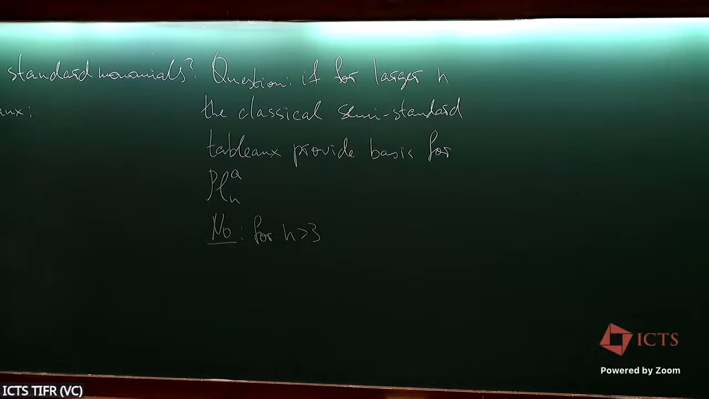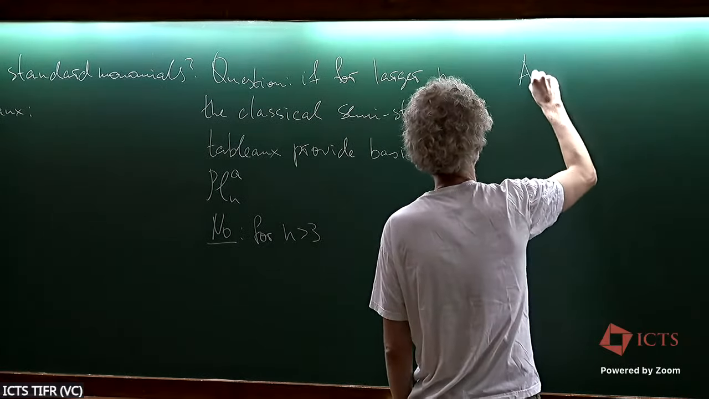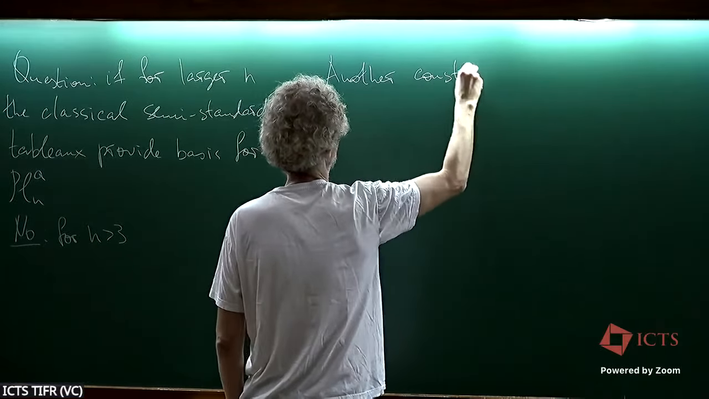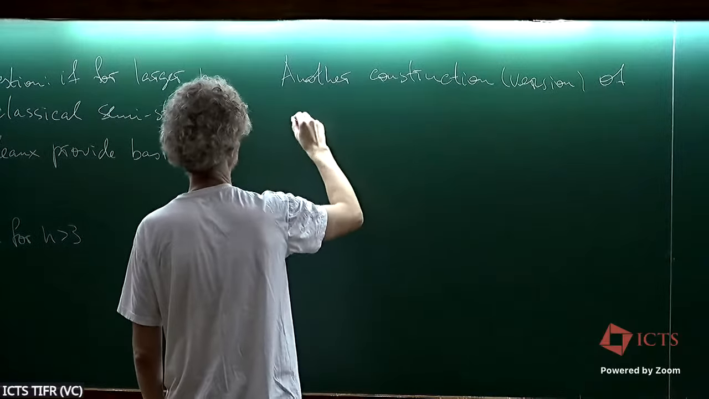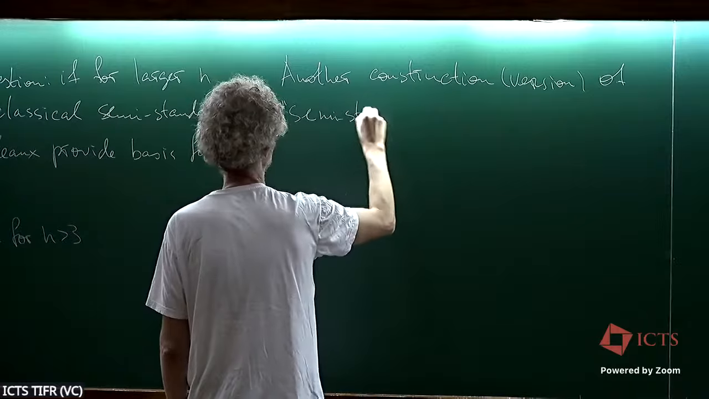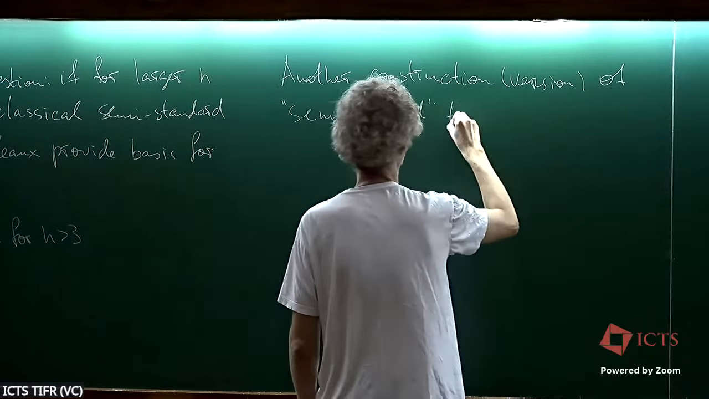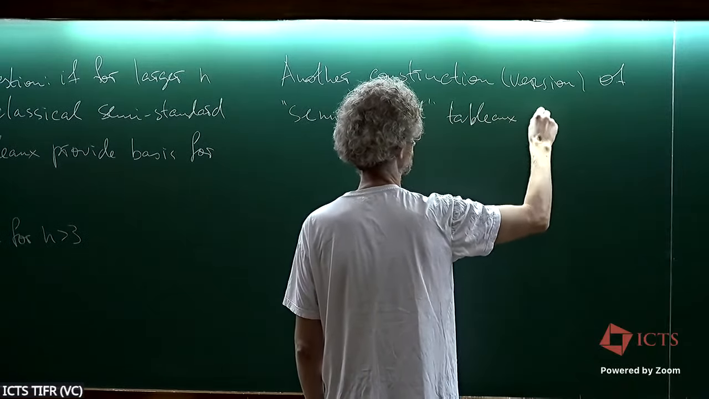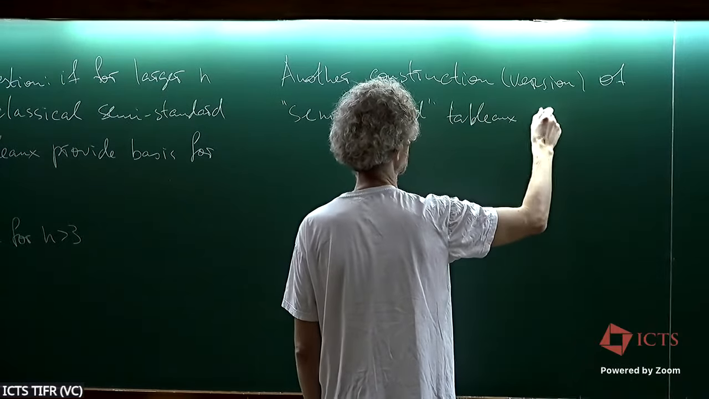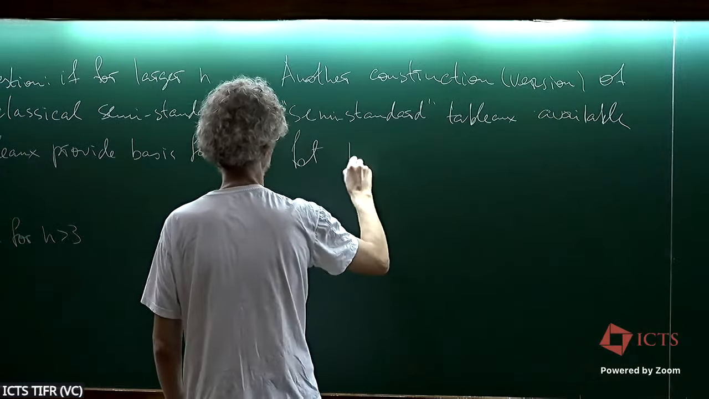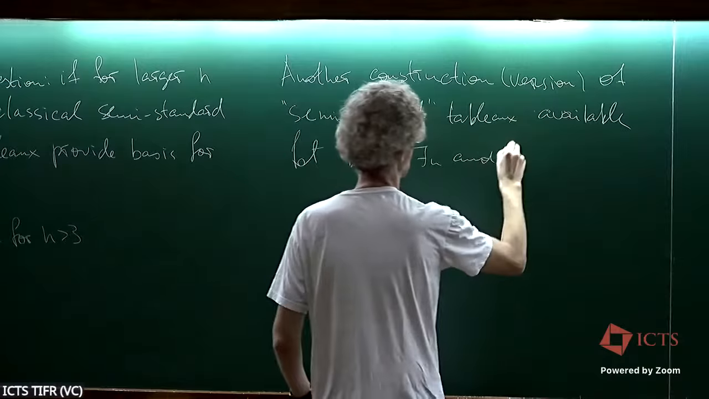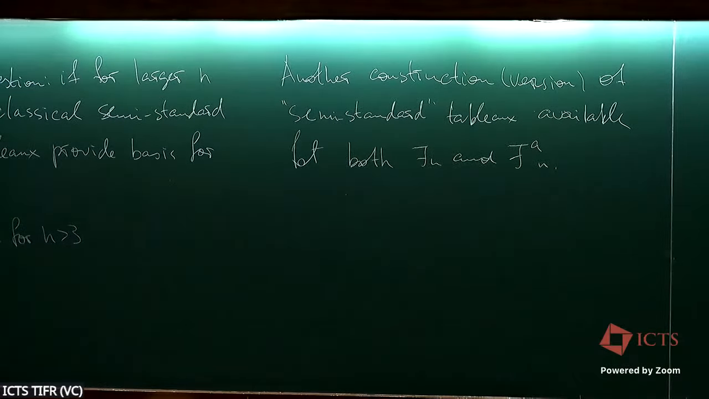So this means that we need another variant. I'm not going to give you all the details, but what I want to do is to give another construction, or another version of semi-standard tableau, which is available for both F_n and the degenerate F_n^a. So there is this classical notion of standard, semi-standard tableau,